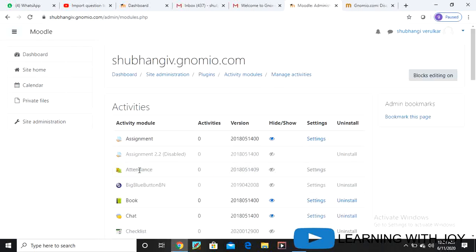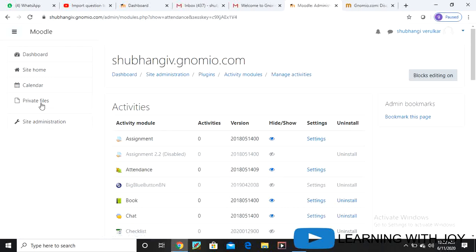here you should see the attendance option. Now you can see that the attendance option is deactivated here. If this eye is open, it means that it is activated. So click on this icon. Now you can see that this eye is blue, it means that the activity is open. Another option you have here is Big Blue Button. This option we use for conducting classes, so we will see this later. Attendance is the option which we want to implement, so keep this on so that you can see this feature activated.